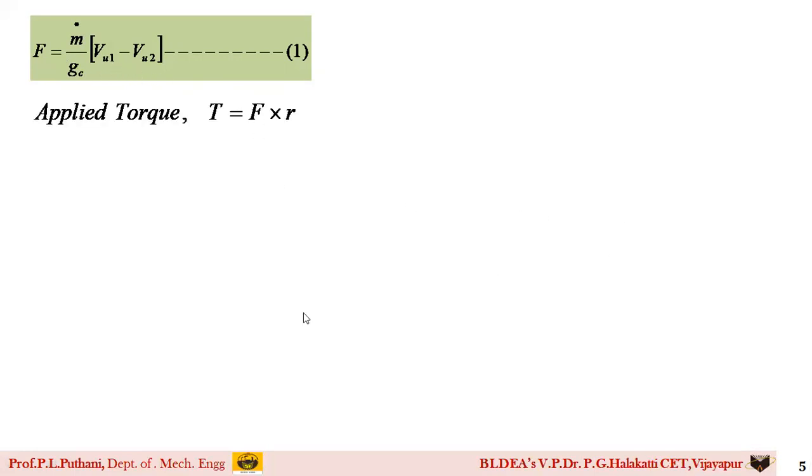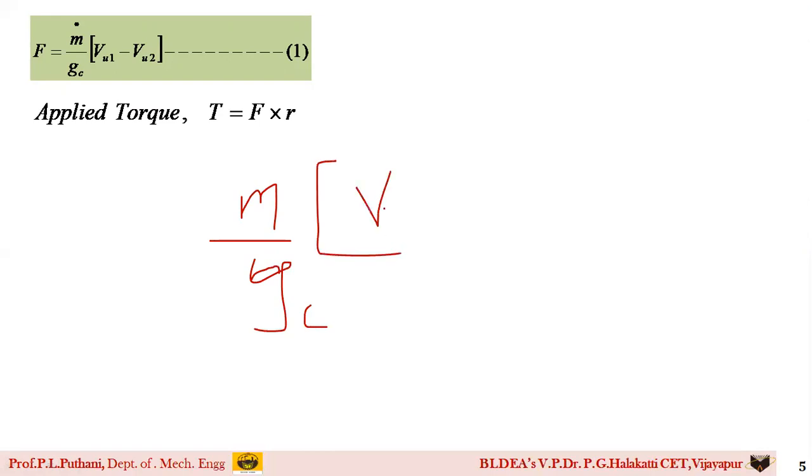Or you know that if you take the torque, it is the force acting into the radius in the perpendicular direction. So the same torque with respect to this particular equation, how can I write it now? Torque T is equal to F into R, which means I can write this in this form also, that is M dot by Gc